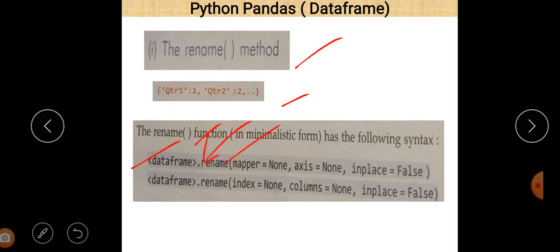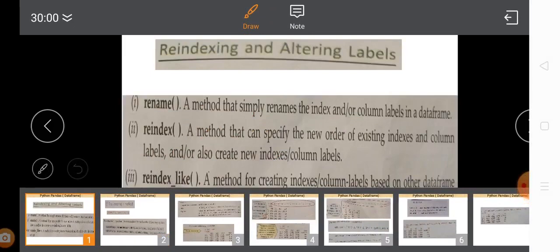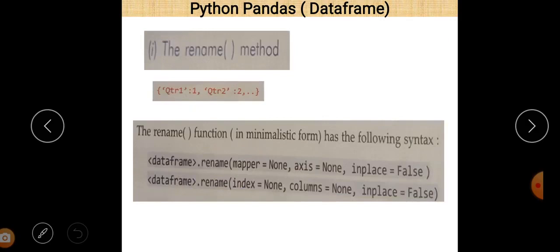There are three important parameters: mapper, axis, and inplace. By default axis is 0, mapper is none, and inplace is false.